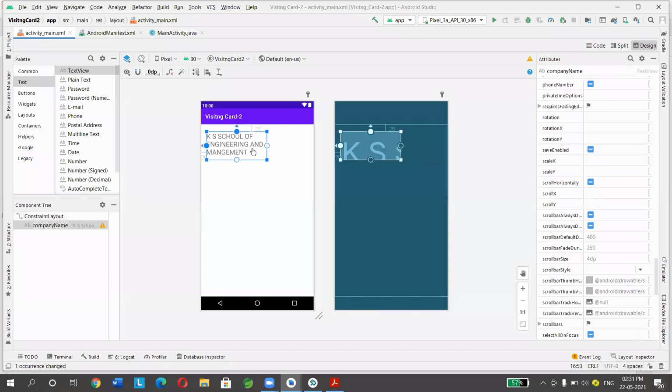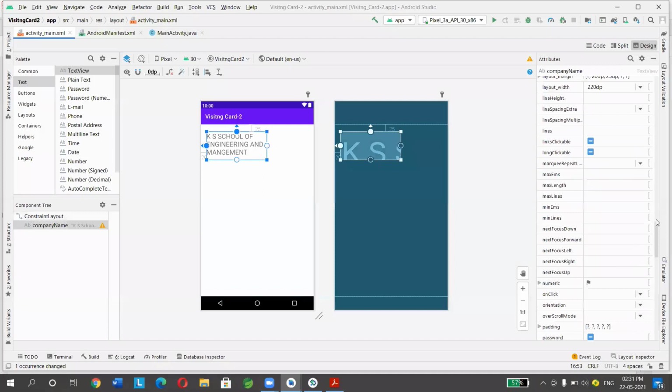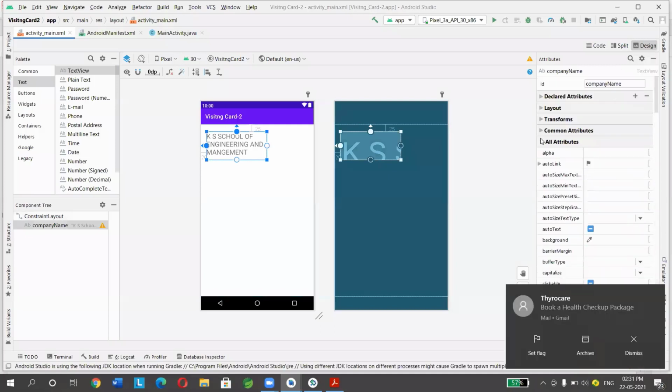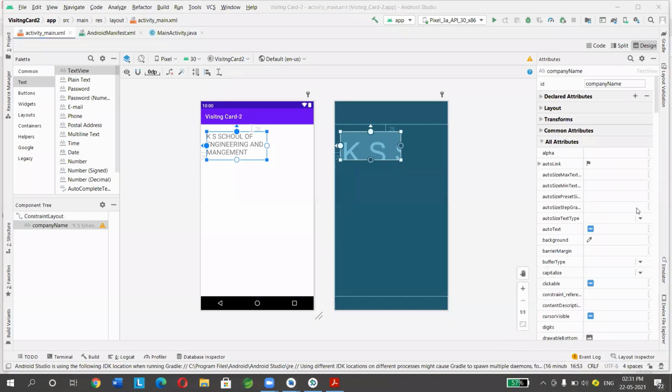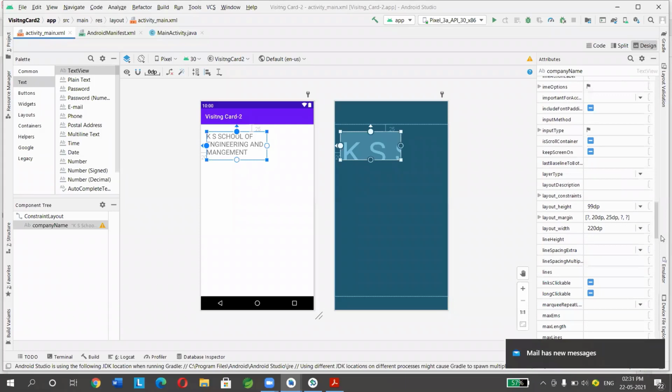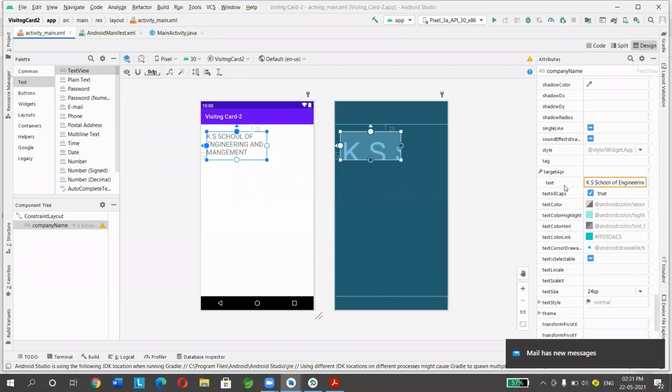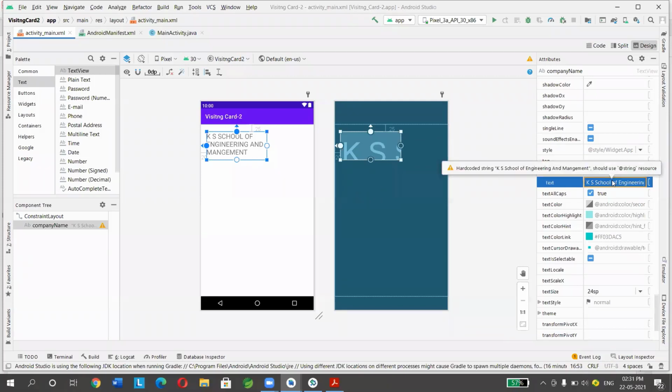Okay, click on this view. After that, on the right hand side, we have all attributes, right? Under all attributes, come down. Here we have text, where we have typed KS School of Engineering.